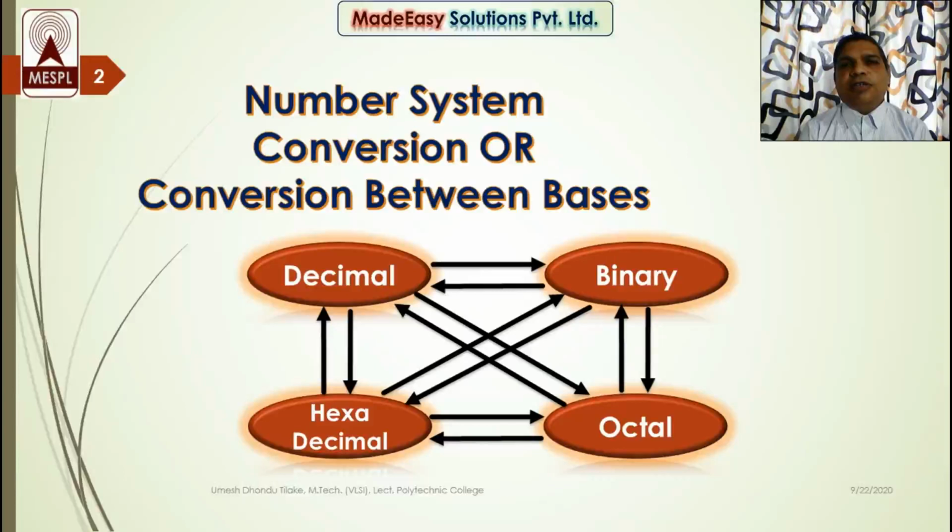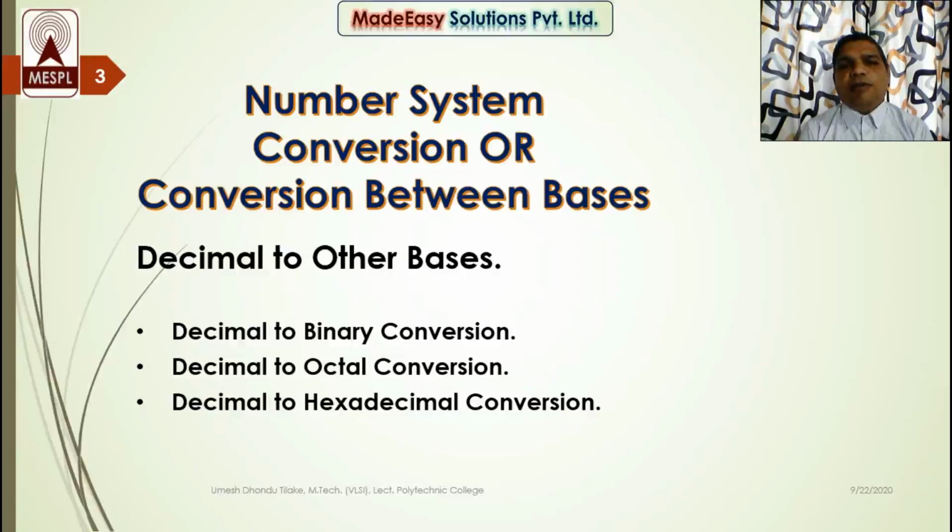We have already seen in the previous video lecture, part 1, that we have a total of 12 possible number system conversions because we have 4 number systems. In the previous lecture we saw 3 conversions and now in this lecture we are going to learn the next 3. The remaining 6 conversions will be covered in the next parts. Today we are going to learn decimal to binary, decimal to octal and decimal to hexadecimal conversion. The reason behind covering these 3 conversions in this video will be clear to you at the end of this video. So keep watching.